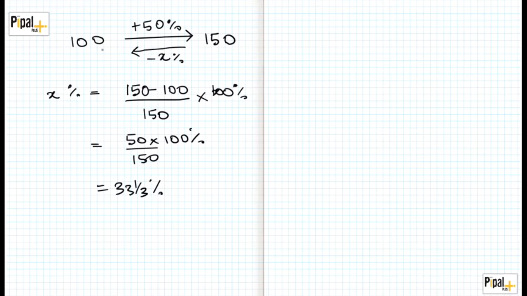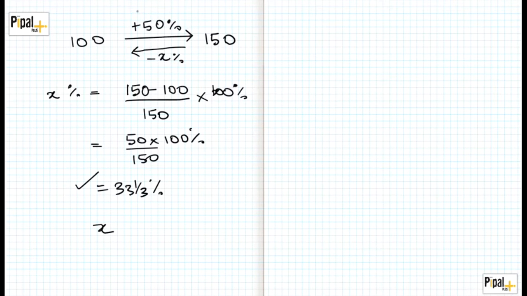So you notice that to start from a base, to go somewhere, and to come back, the percentages are different. So I increase something by 50%, but I reduce that result by 33 1/3% to come back to 100%. Now how do we compute this? Now computing this is fairly straightforward. Now the formula for computing this, right, this new percentage by which I must decrease the new quantity is as follows.